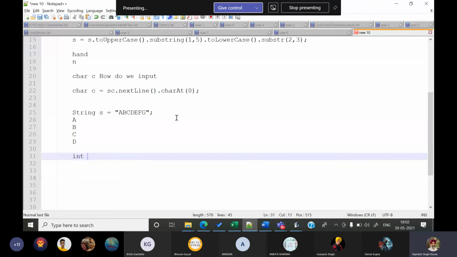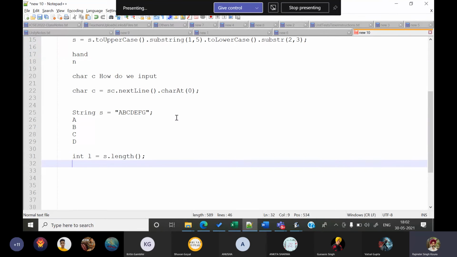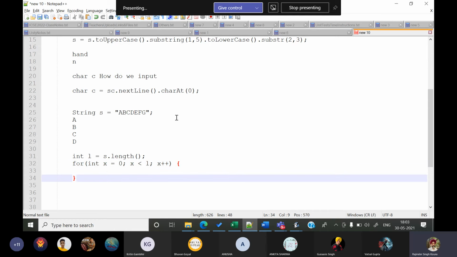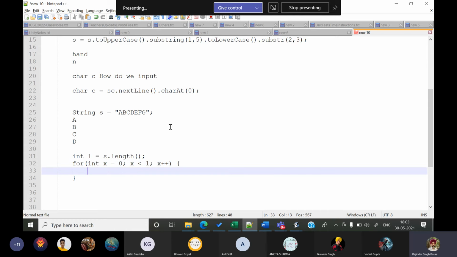I'll first of all figure out what is the length of the string. s.length function निकाल लिया, और फिर हम एक variable take करेंगे, say int x, which is starting from 0th position, and x is less than L, and x++. Now what is x going to do? What is the length of s, by the way?